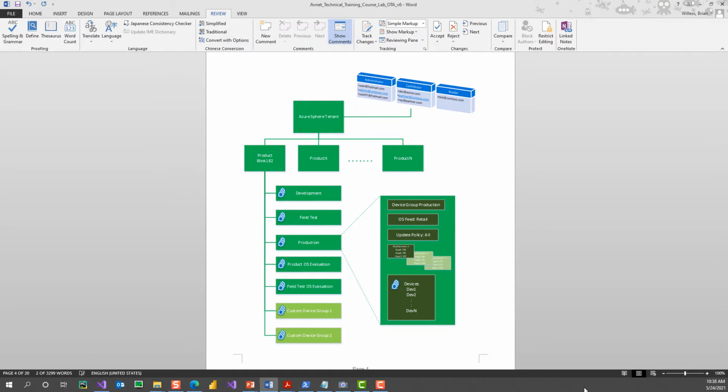So here's a diagram, and this diagram shows our Azure Sphere tenant at the top level. And of course, our Azure Sphere tenant has users that have specific privileges to do things. And then contained within the tenant are products. In this example, I'm showing a product called Blink 182, product X, and then product N. And underneath each of these